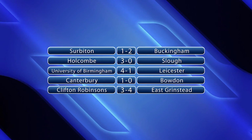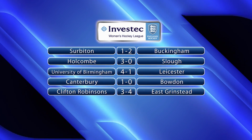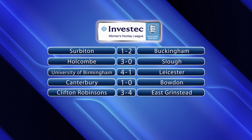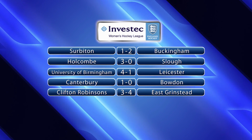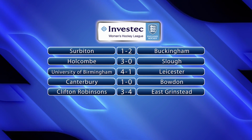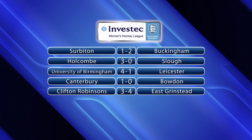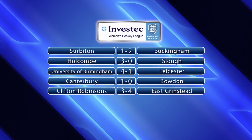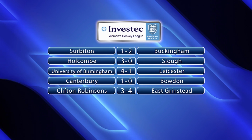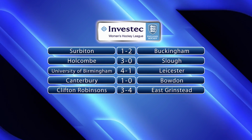Canterbury picked up their first win of the season over Bowden, Hannah Griggs getting the only goal of the game in the 32nd minute. Clifton Robinsons and East Grinstead played out a seesaw affair, with the visitors winning by the odd goal in 7. Daly and Porter for the home side and a double for Burrell for the visitors meant that the score was 2-2 in the 60th minute. Chapman then put East Grinstead into the lead before Burrell got a hat-trick in the 65th. Joey Lee then pulled one back for Clifton to set up a tense finish, but the score ended Clifton Robinsons 3,